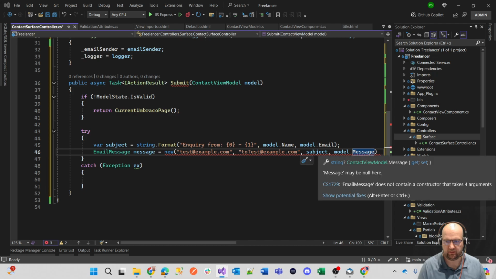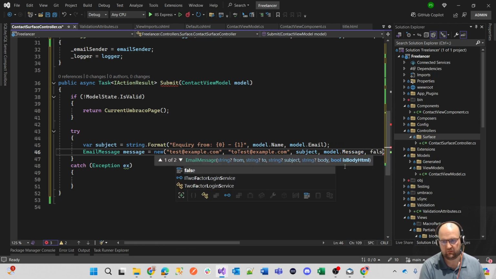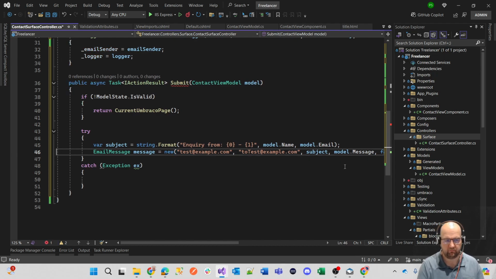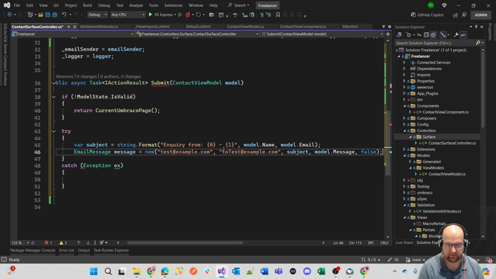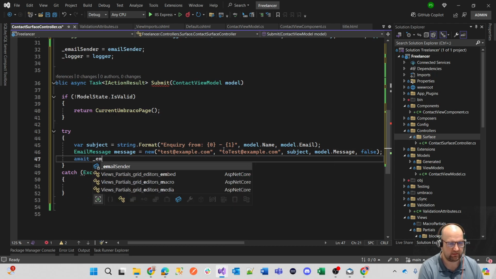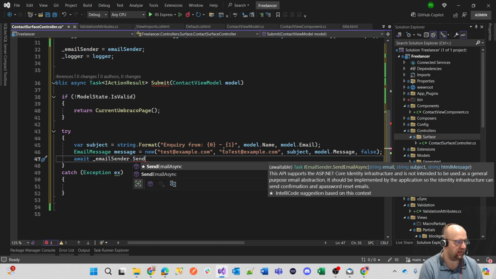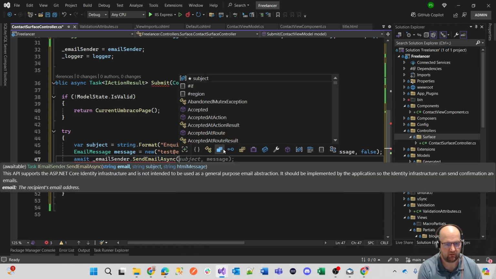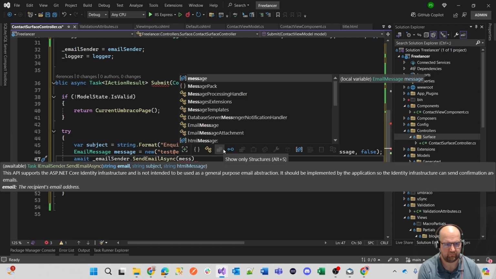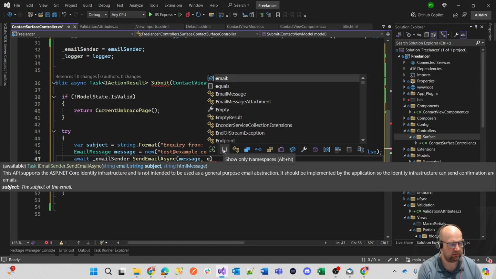And then finally, is the body HTML? And in this case, no, it's not. We don't need to worry about it being an HTML body on that email, but you can if you want to. And then once we've created this, we call a method that says await emailSender.SendAsync. Now on my example I've got SendAsync, but on this it says SendEmailAsync, so I'm hoping that this will still work. So I'll put in message